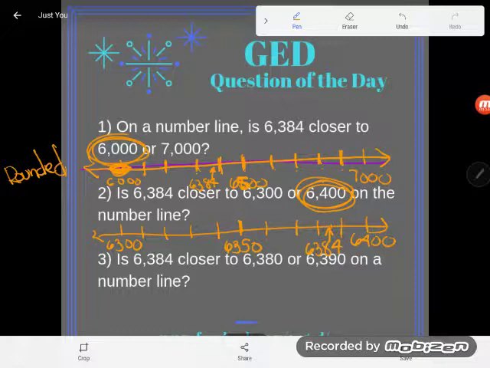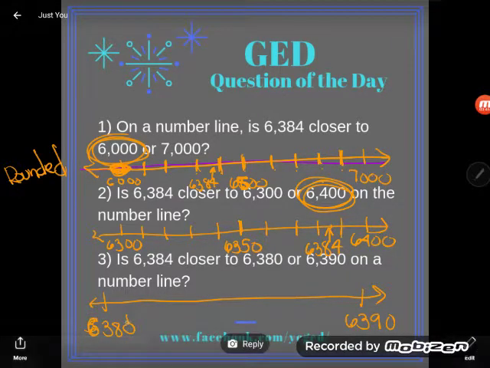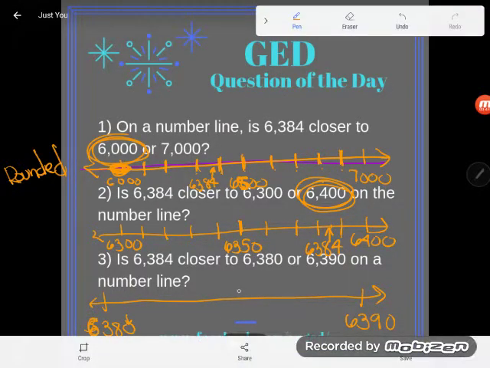Okay, now let's get even smaller. I'm asking now, is 6,384 closer to 6,380 or 6,390? So now I've only got a span on my number line of 10. I'm starting at 6,380 and going to 6,390. Well, what would the halfway point be? The halfway point would be when this 0 here turns into 5. So it would be